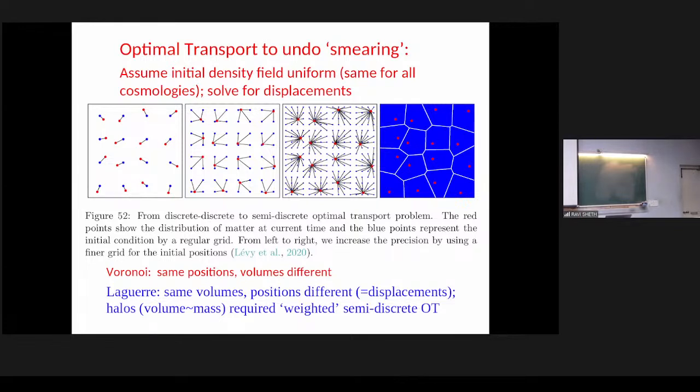And we're going to do one more trick, which is to say, in fact, we have bias tracers. Some might be clusters of galaxies, some might be massive galaxies, some might be low mass galaxies. So they all have different masses. A high mass galaxy came from a large patch initially, because it had to be uniform density. A small mass galaxy came from a small patch. So now I want to solve the same problem, but each one is given a weight depending on its mass. For dark matter, all the particles have the same mass, but I could put a halo catalog here, and each particle has a weight, which is its mass.